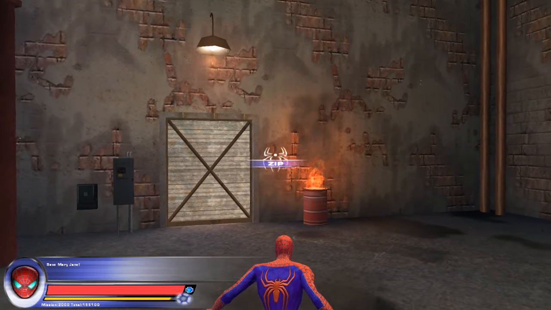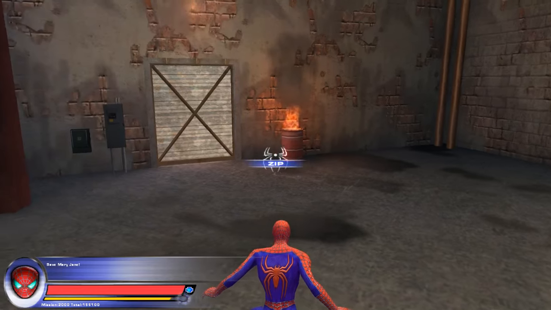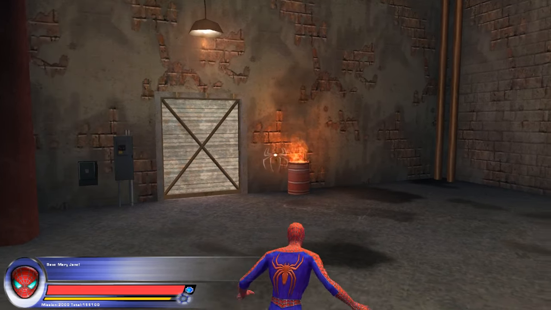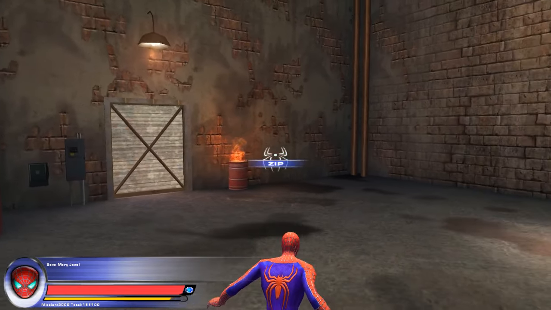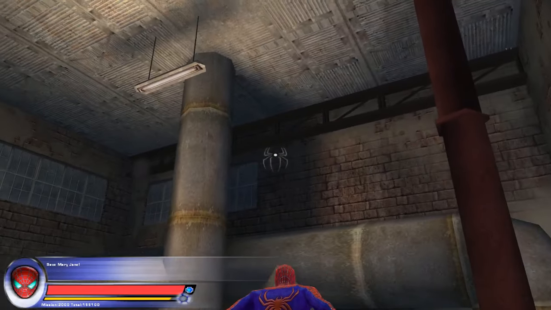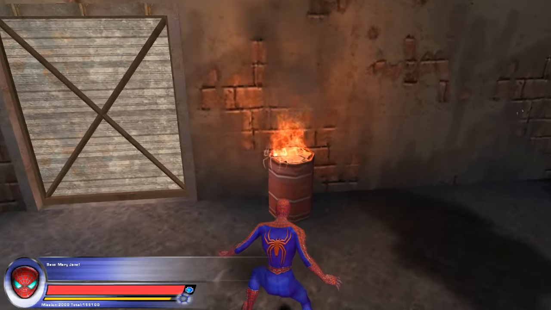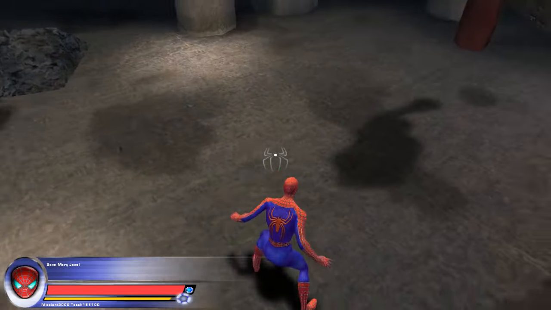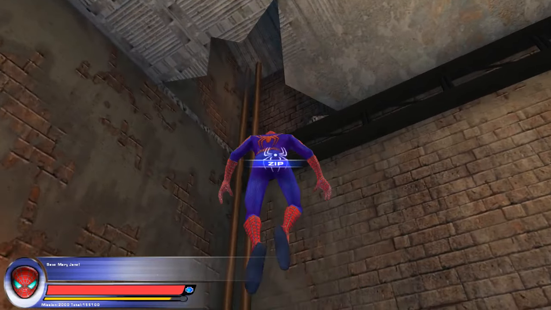Okay, is it just me, or does this whole setup here look like a stereotypical FPS map? Not quite Half-Life, but maybe Counter-Strike-esque. You got pipes, you got brick with mold on it, you got this barrel that's on fire. You got puddles. I don't know. It's just...